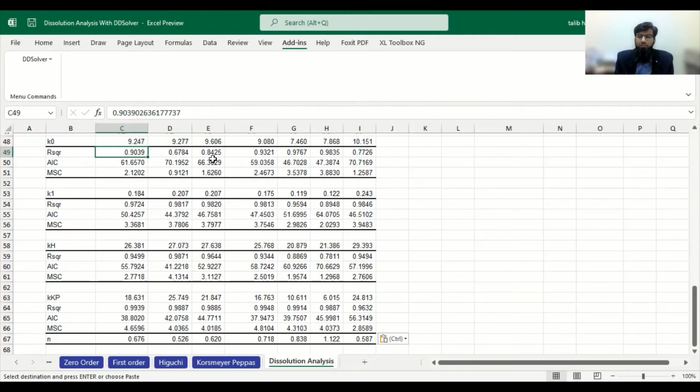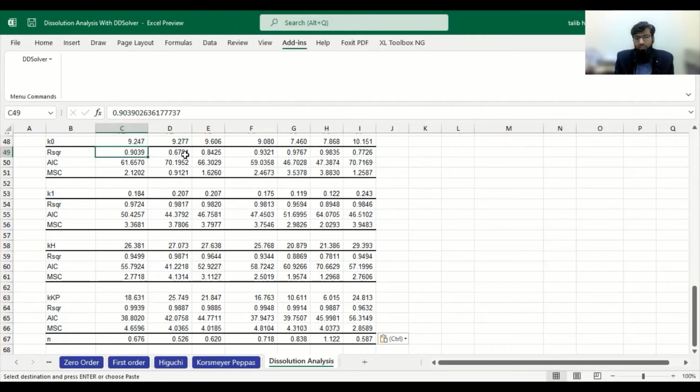The actual tolerance is 5%, so if the value is 0.95 or more, it will be selected as it is actually following the system. But it can be counter checked by AIC value and MSC values.